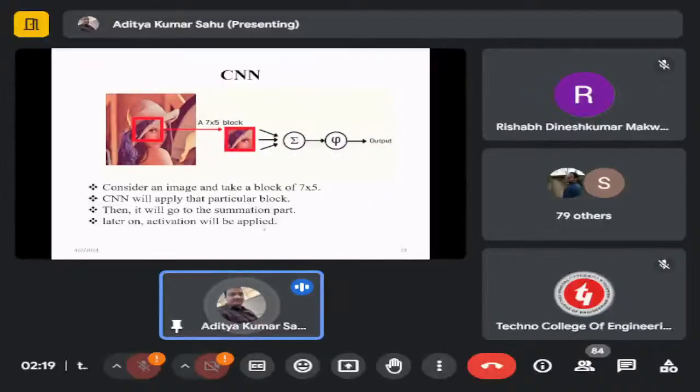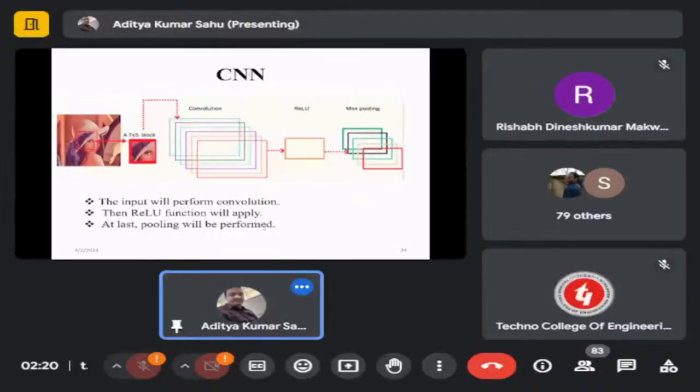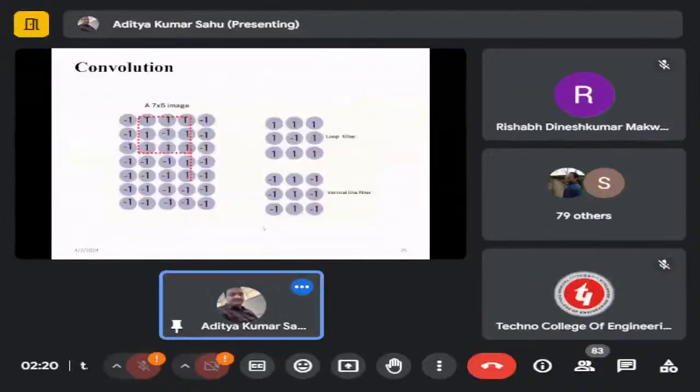So if you see, this is the CNN once again. A block of 7 cross 5 pixels is taken. We'll apply the CNN to a particular block. Then we'll go to the summation and then activation, then output. You can see a block, convolution, ReLU, pooling layers. And if you see one example, considering this 7 cross 5 image,